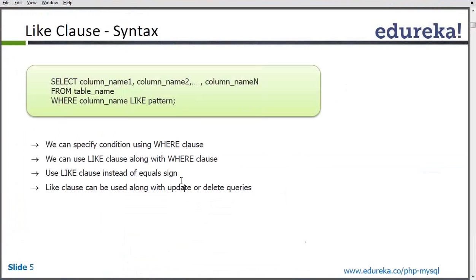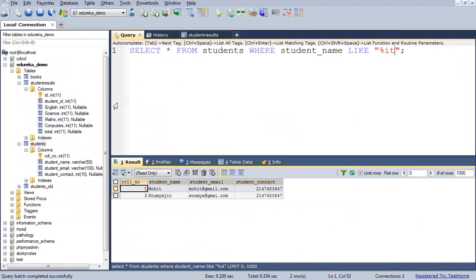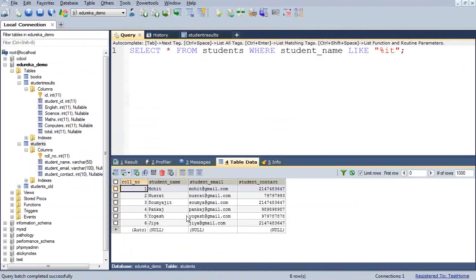Next, you can see here is the list of some records, and we want students whose name starts with NA. So this was the thing that ends with IT. Now we can see how we get records that start with a particular word. So if I want, in this particular table, for example, there is one more name,